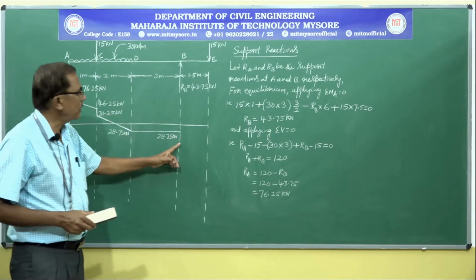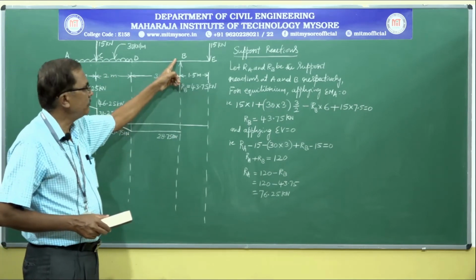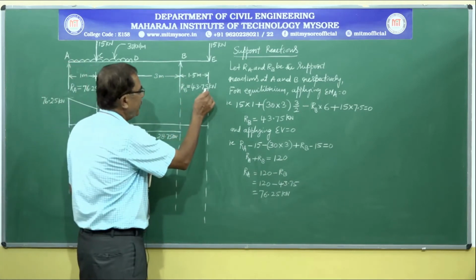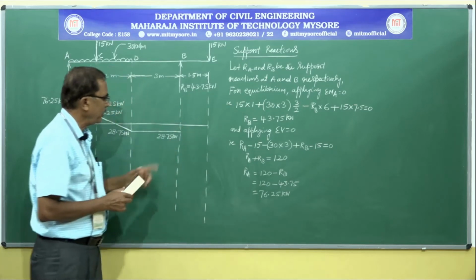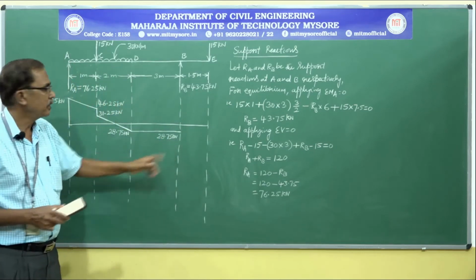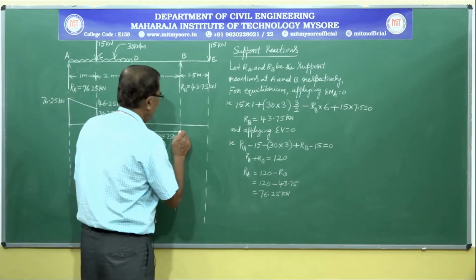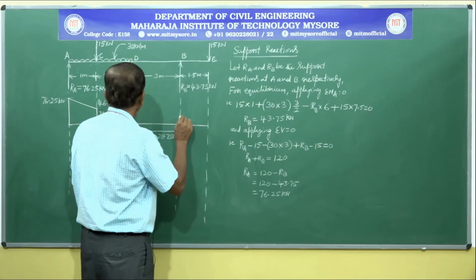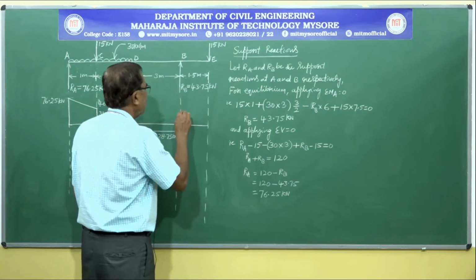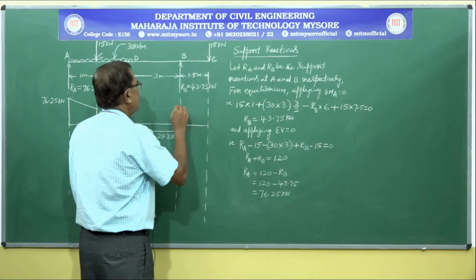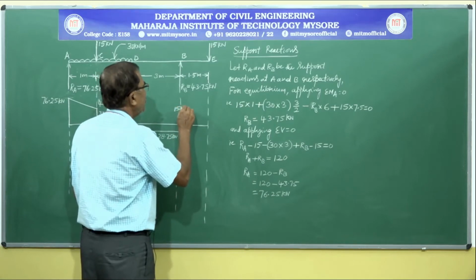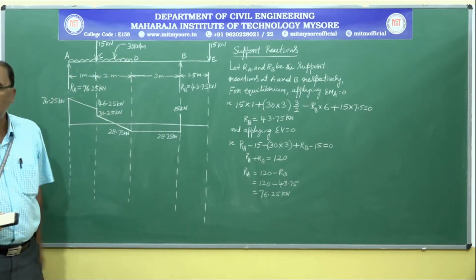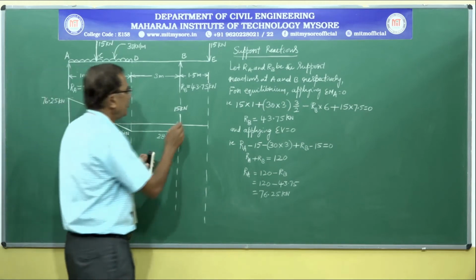At point B there is an upward load in the form of support reaction. So move up by 43.75 kilonewton. Below the reference line we have 28.75 kilonewton. If you go up by 43.75, it will cross the reference line, and the remaining value is 15 kilonewton. Between B and E, no load, again a horizontal line.